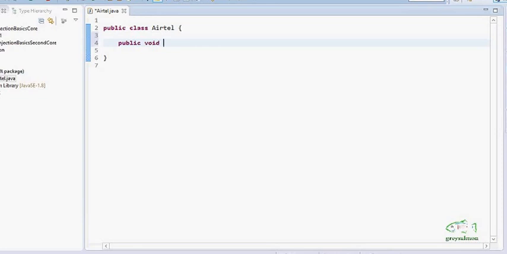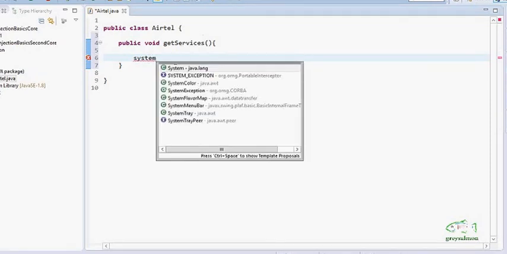Public void getServices. This function will be used to activate the services of Airtel for whoever is using Airtel services. For now, it only prints on the output that the Airtel services have been activated on your phone.